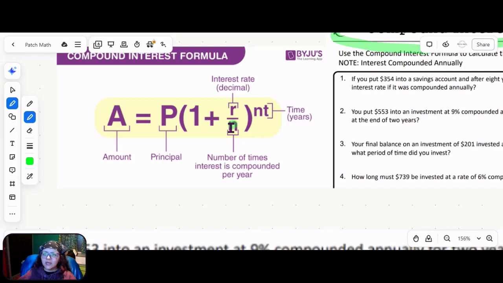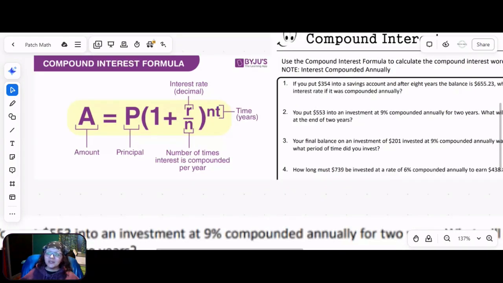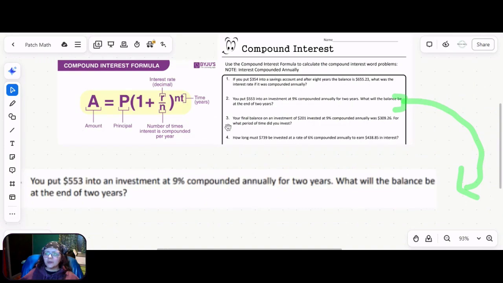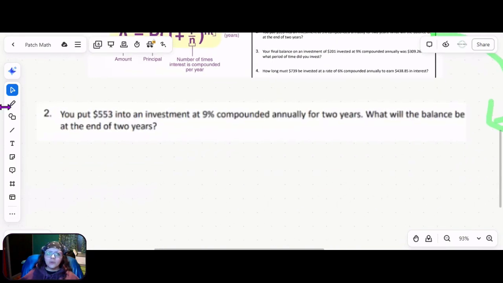And then notice that n appears twice here. It has the same definition. We will be putting the number of times that our interest was compounded per year in both of those slots. In addition to our other variables here, we also have t, and that's just the number of years that we will be compounding over. In this case, going ahead and starting with number two,